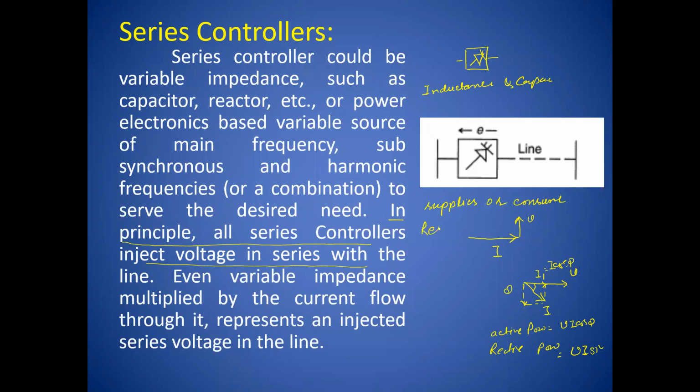reactive power. See here, in the basic idea, if voltage and current are in quadrature to each other, only reactive power will be there, isn't it? Suppose this is the current and this is the voltage. Definitely it is in quadrature. This is voltage and this is current. What there will be is reactive power. As the current in this case is lagging, it is inductive